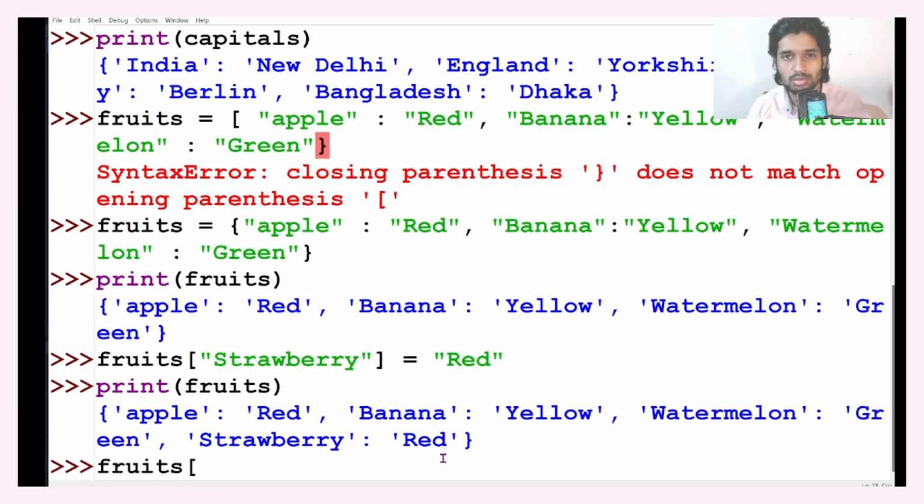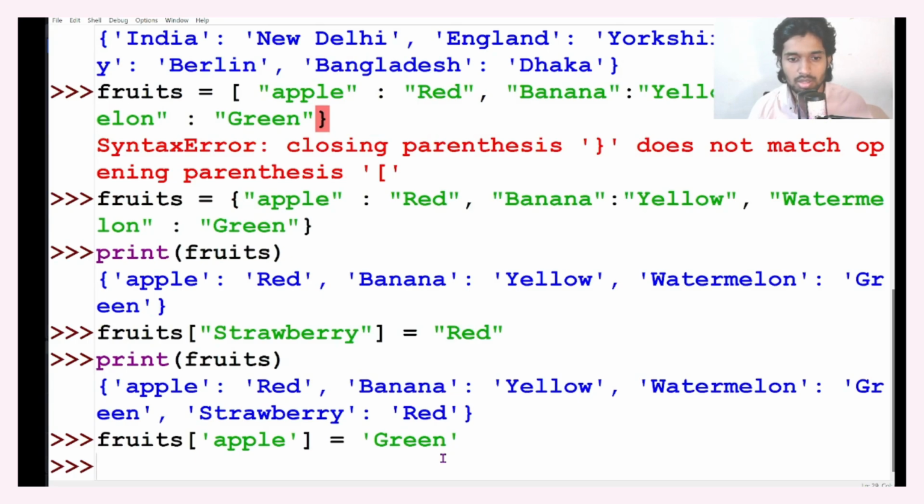So fruits, I want to change apple color to blue. Maybe there are some blue apples or green apples too. Let's change it to green. Apple, green. Now I'm trying to add a new entry inside this because I want to add another kind of apple, which is green apple, where I want to make it green color. But when we print these fruits,